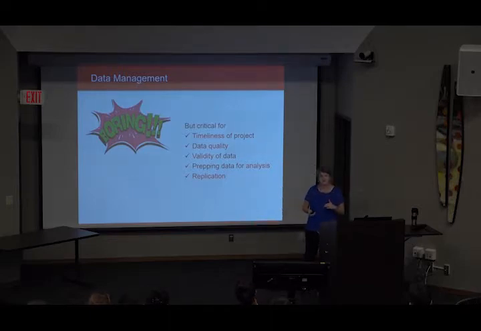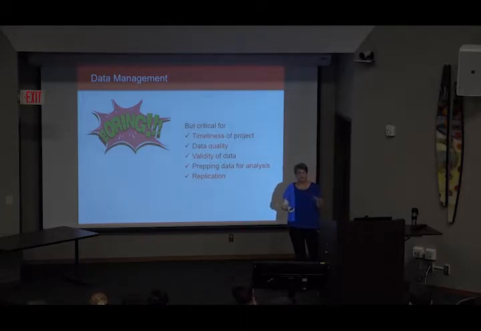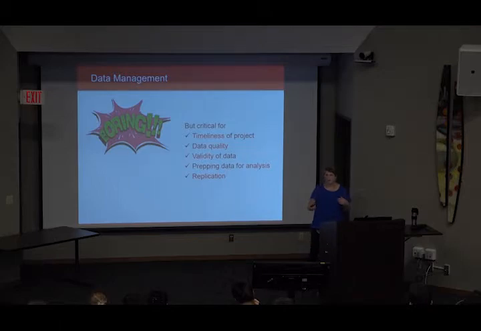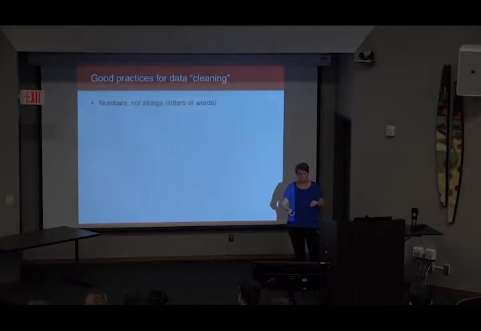And it's also really important to get this right for replication of your study, so that somebody in the future can replicate it, or you yourself, when you get your revise and resubmit 6 months after you submitted an article and go back to it and go, like, oh my gosh, how did I code that variable? You need to document all of this stuff.